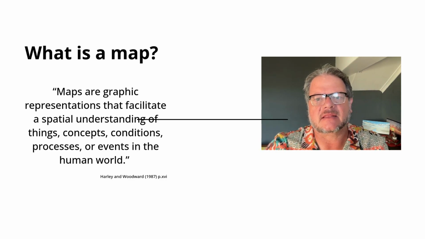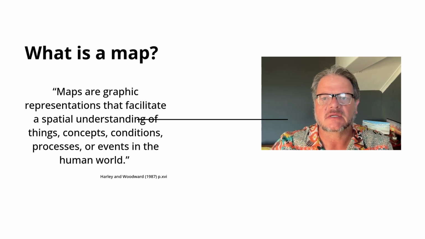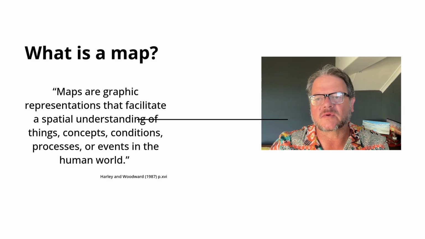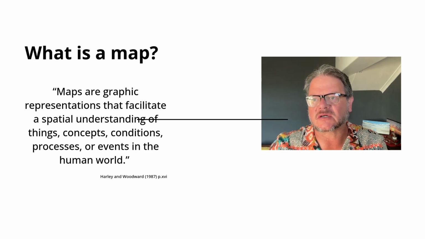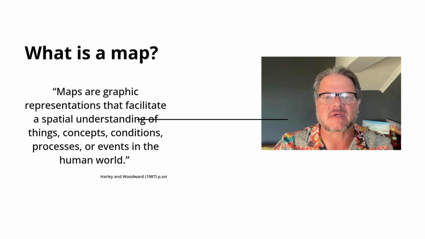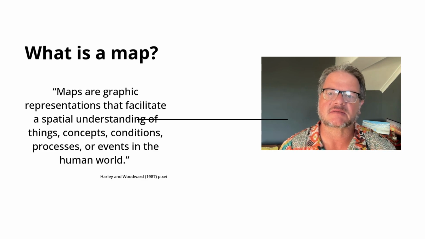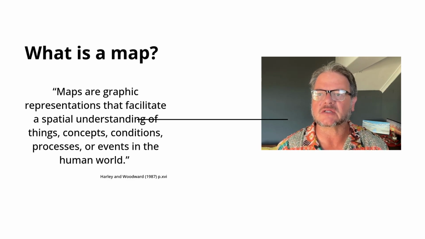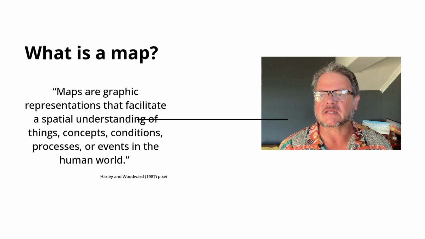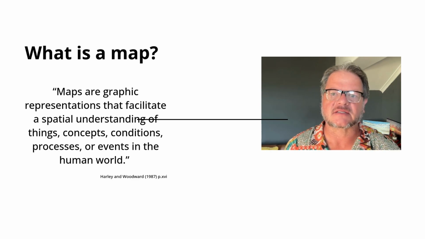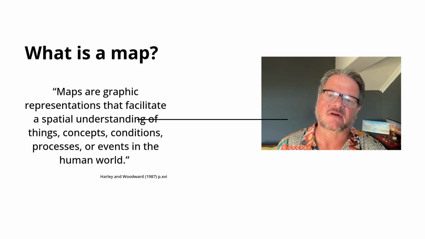Harley and Woodward, in the History of Cartography, Volume 1, introduce the study of maps and cartography, highlighting their critical role in understanding space, society, and culture throughout history. They emphasize that maps are not merely artifacts, but dynamic tools that facilitate spatial understanding of various concepts and processes in human and cosmological contexts. This definition proposes that maps are graphic representations that facilitate spatial understanding, thus freeing it from restrictive and culturally specific